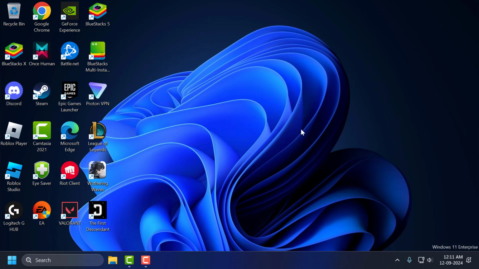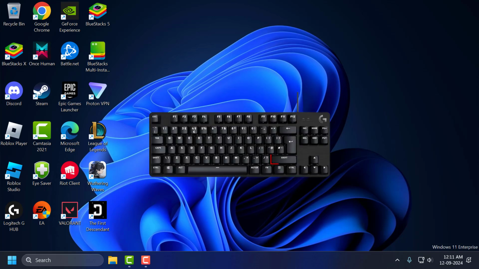Today we are going to see how to lock and unlock a keyboard on Windows 11, 10, 8 and 7. I'll show you guys how to do it. You just need to hold the right shift key on your keyboard for 8 seconds. 1, 2, 3, 4, 5, 6, 7, 8